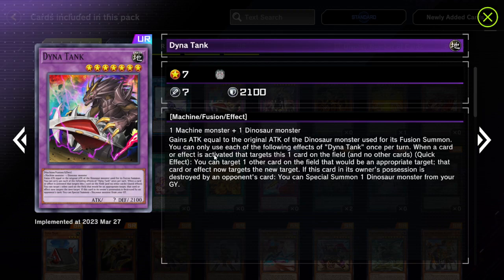So, when a card or effect is activated that targets this one card on the field and no other cards, quick effect, you can target one other card on the field that would be an appropriate target. That card or effect now targets the new target. If this card in its owner's possession is destroyed by an opponent's card, you can special summon one dinosaur monster from your graveyard. So this effect just doesn't make sense to me unless this is worded wrong, because it looks like